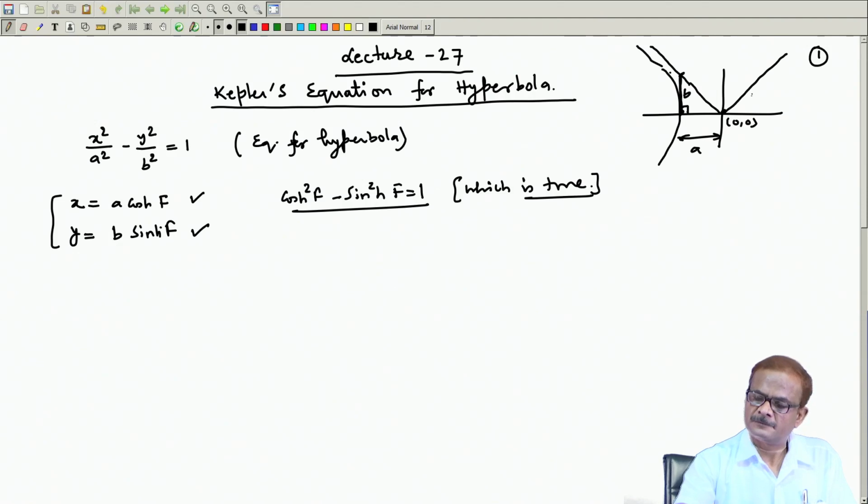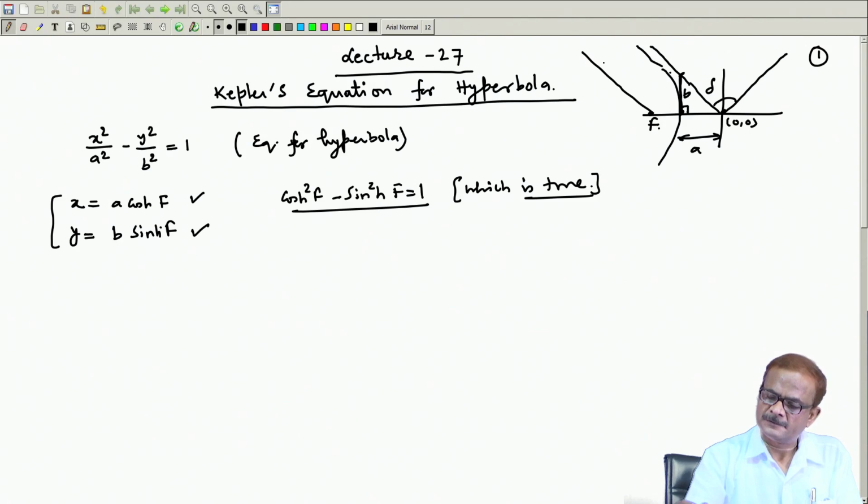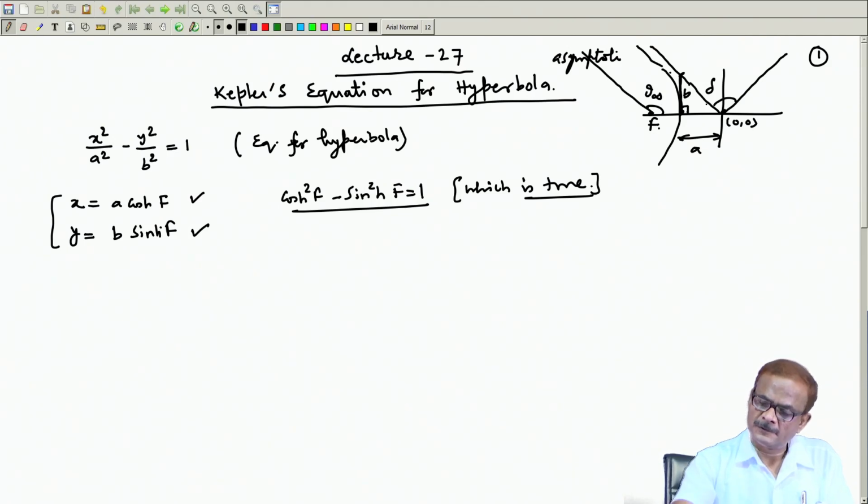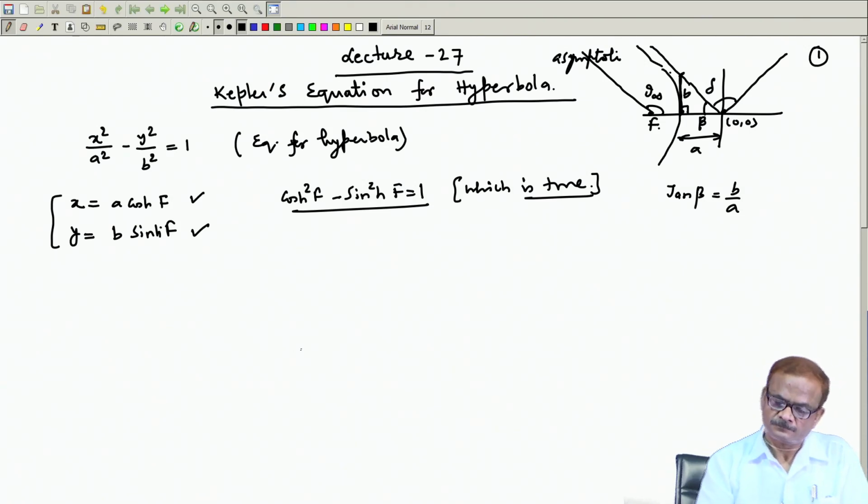Similarly, on this side also, in the last lecture I have shown that figure. Again, I am not drawing the whole thing. So this is the turn angle, this is the asymptote, and somewhere this is your focus. This is the line parallel to the asymptote, which we have written as theta infinity, and this angle we have shown by beta. From here, magnitude wise, tan beta equal to b by a. We will come to this particular figure again.